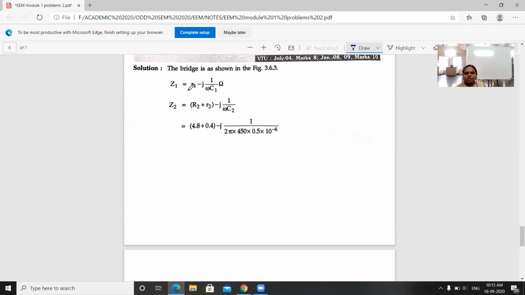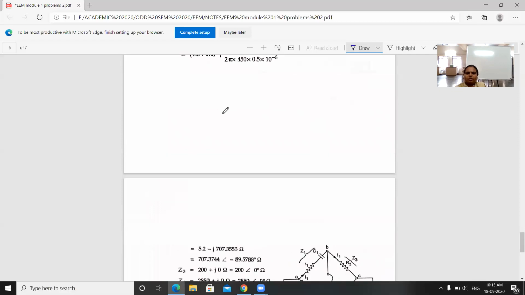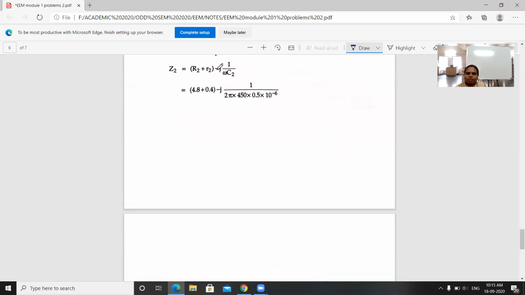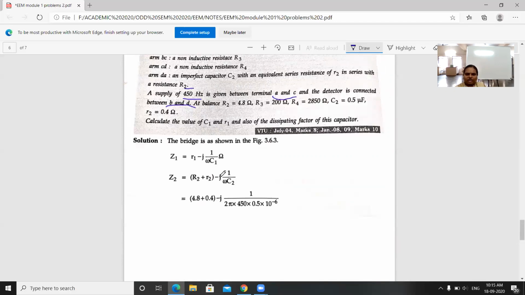In this, Z1 is going to be taken as R1, small r1 minus j by omega C1 ohm, and Z2 is taken as, because here R2 is in series with the small r2, R2 plus r2 minus j divided by omega C2, because a capacitor is connected. For that reason, here you have to write j divided by omega C2. Substitute for R2 and small r2, 4.8 and 0.4 minus j divided by 2 pi